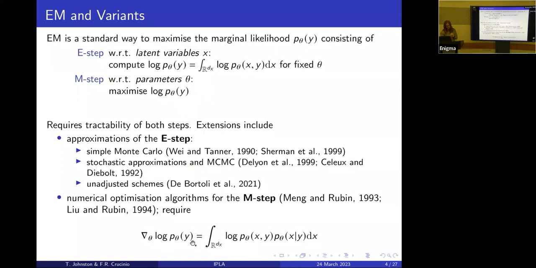Normally, they require being able to compute the gradient of the log likelihood. And I do apologize again, there is also a gradient missing over here. So clearly, this slide is a bit of a mess, but imagine that there is a gradient over here, and then it's all fine. So to compute this gradient, to perform, for instance, stochastic gradient descent or your favorite gradient-based algorithm,